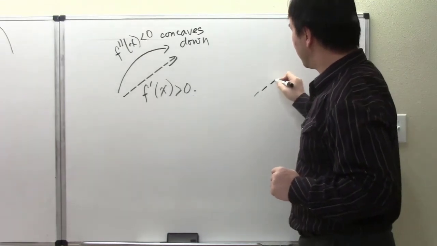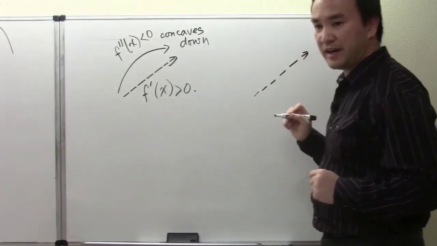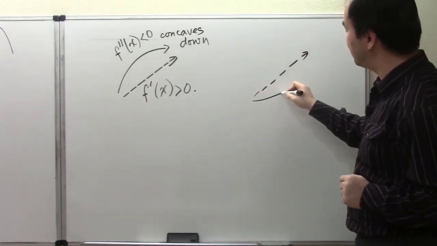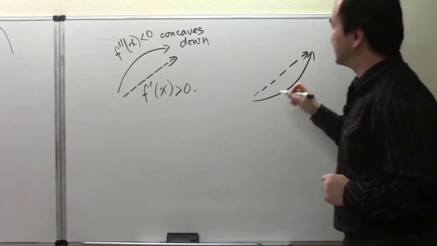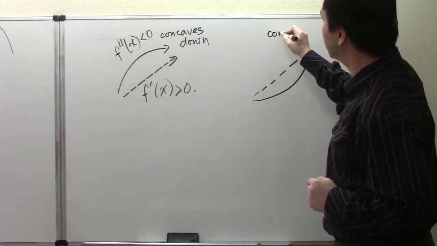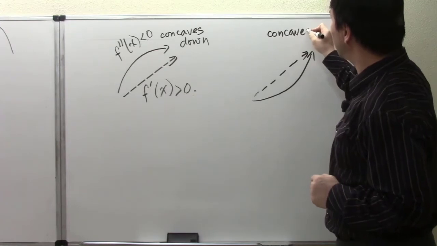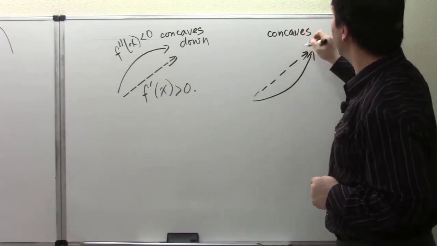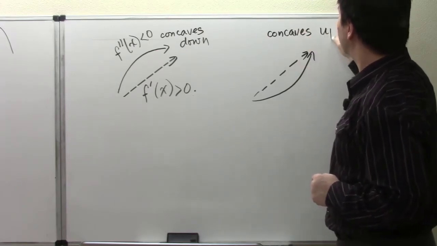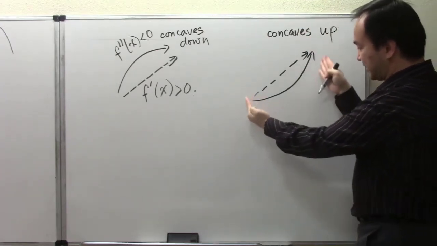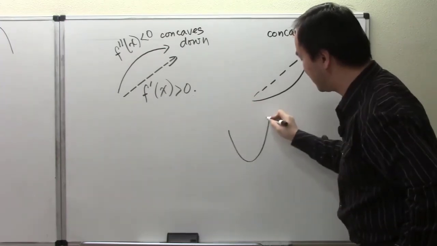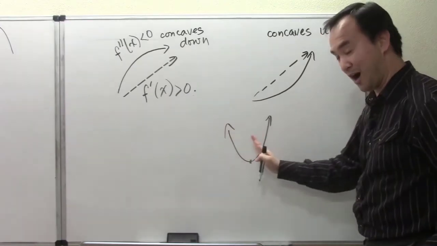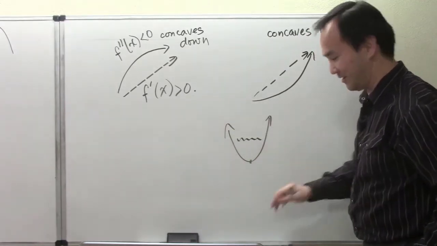Now when your function is still an increasing function, from the left to the right, getting higher, that's why my arrow is like that. But if the function is increasing in a bent up shape like this, we call that the function concaves up. Okay, because as I was explaining earlier, imagine this piece of the graph came out from an up-pointing cup right here that's holding water. So in that way,